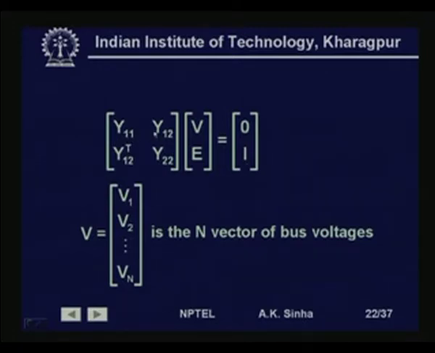So, Y11, Y12, Y12 transpose, this is Y21 which will be same as Y12 transpose, Y22. V is the terminal voltage for the N bus system, and E is the internal voltages for all the machines, and this is equal to 0 and I, where I is the current injection at the generator terminals from the